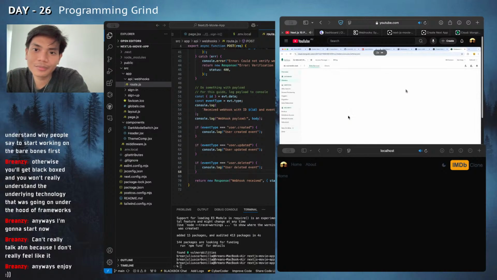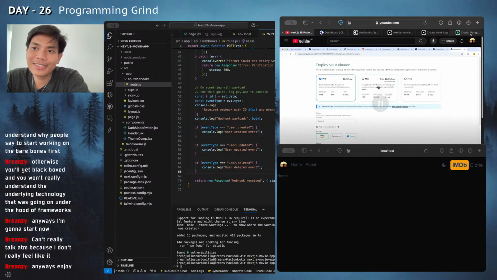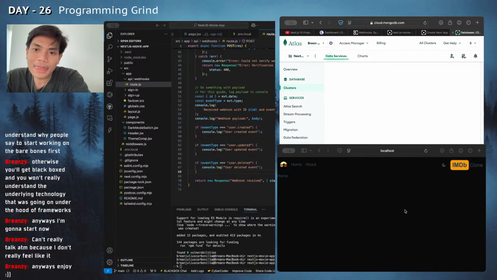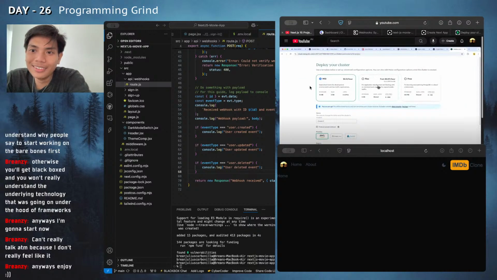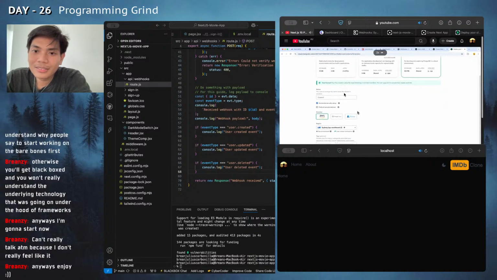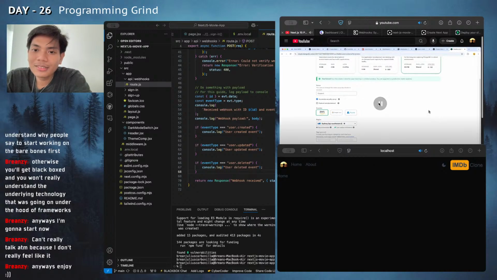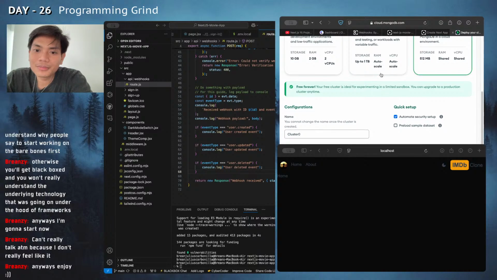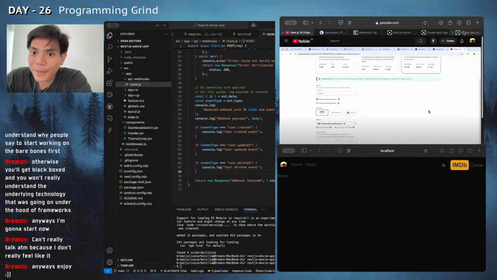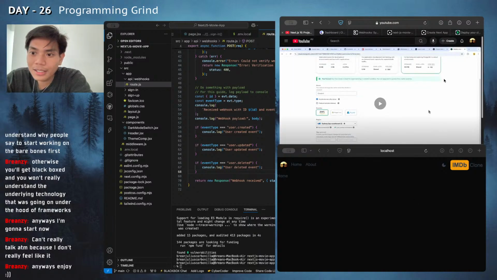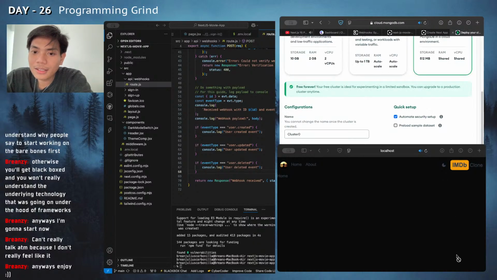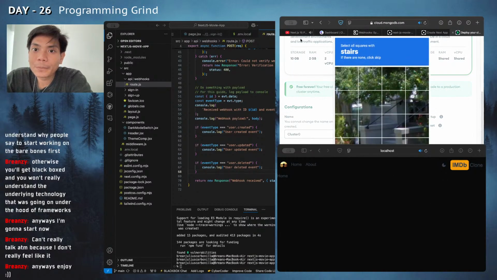Right here, we create our cluster. Again, you can see you can have good options, or you can have a free option with the lower storage and CPU time. And then you can just leave the default option and click on create deployment. And here you're going to have create your database user, and then you need to